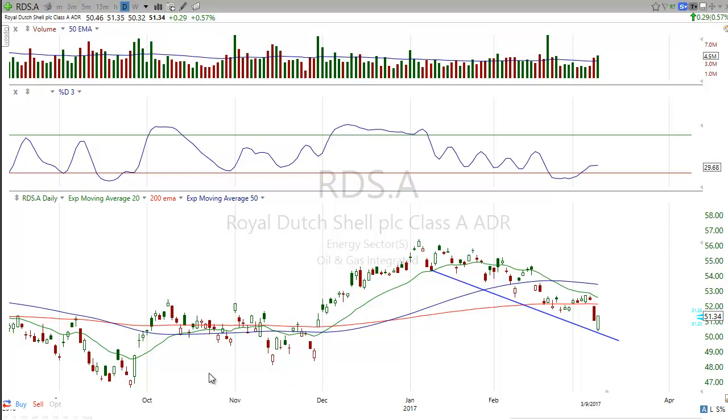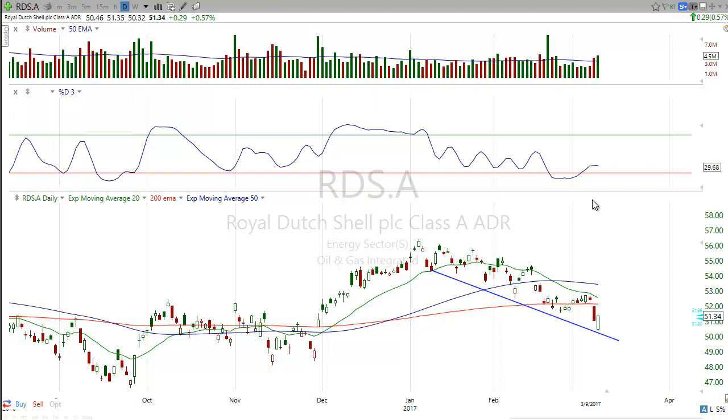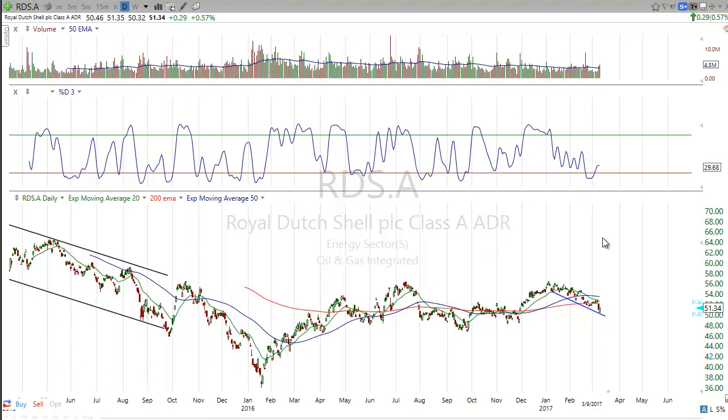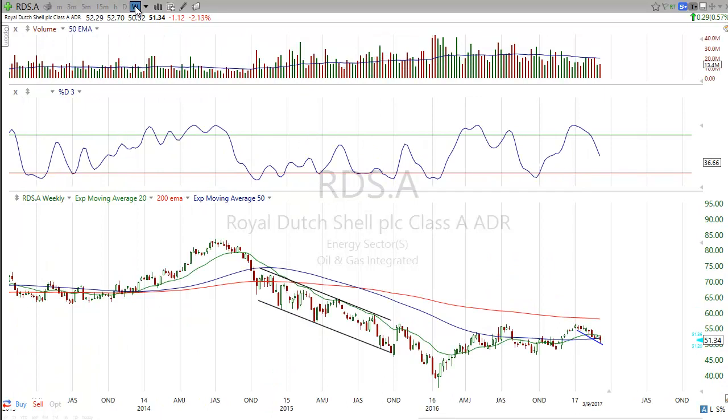Not bad. Here we also had a little divergence, which you probably could have made an argument for back here in October. Dig that. So right here, it looks like we want to have this divergence happening again, and it's a nice space here. It's a nice pullback. Looks pretty decent here. We'll take a look at that weekly. Weekly's pointing down,